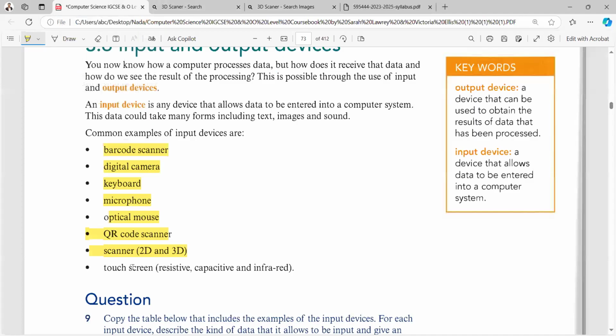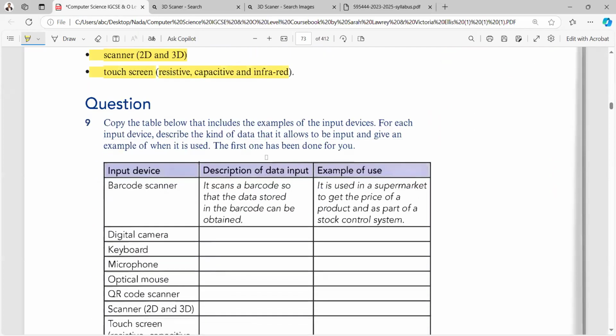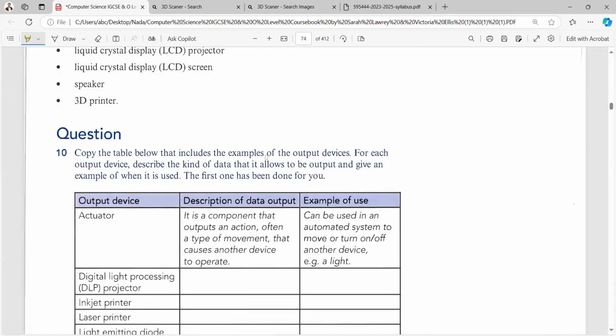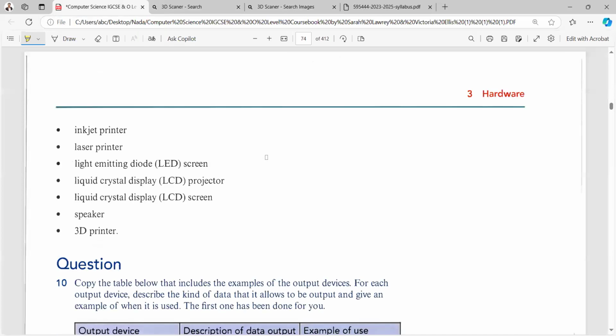Then the last one is the touch screen. A touch screen has three categories: resistive, capacitive, and infrared, which we will be discussing in detail. Apart from that,